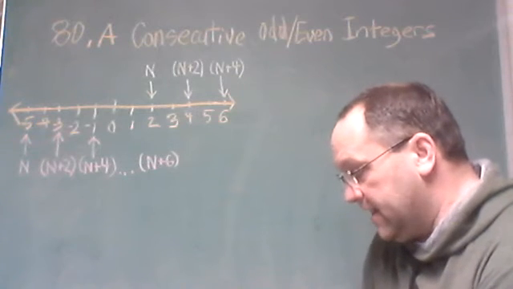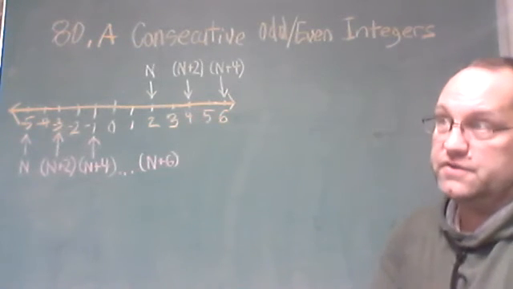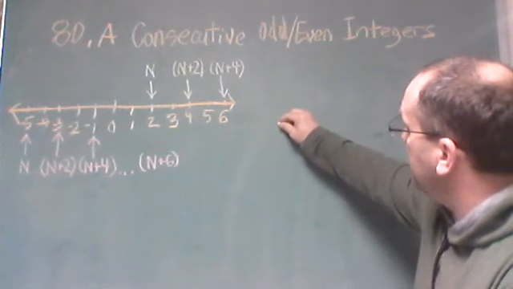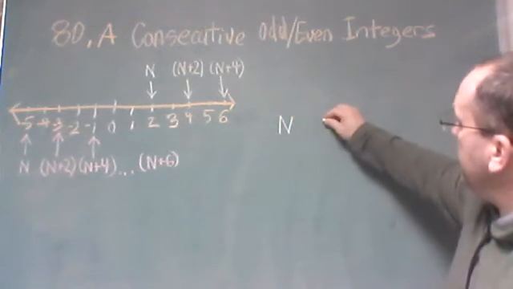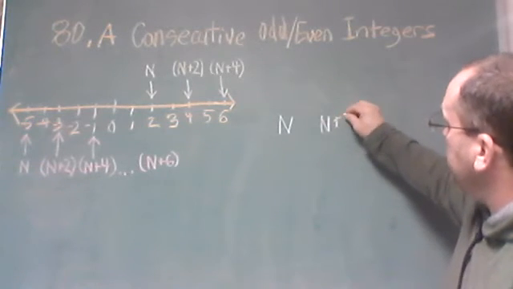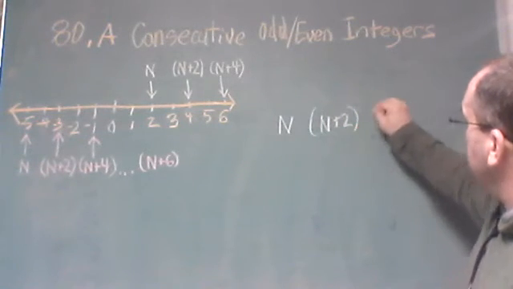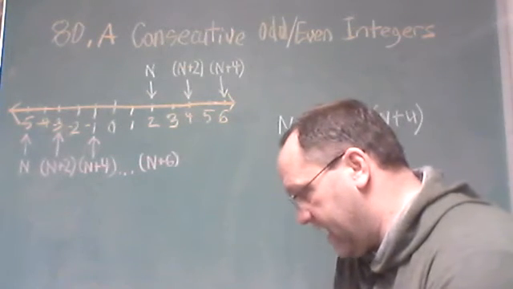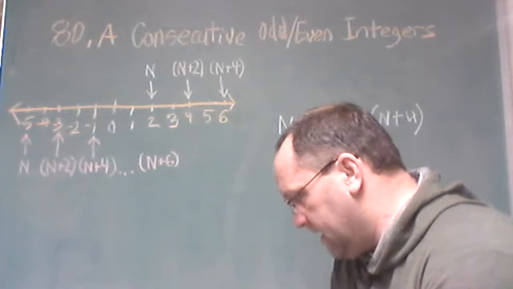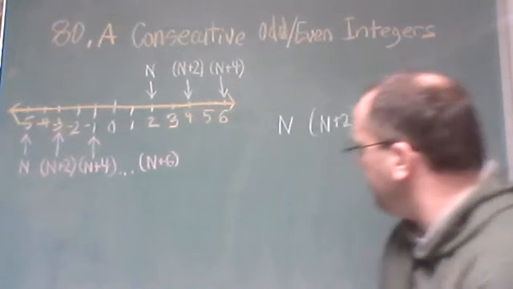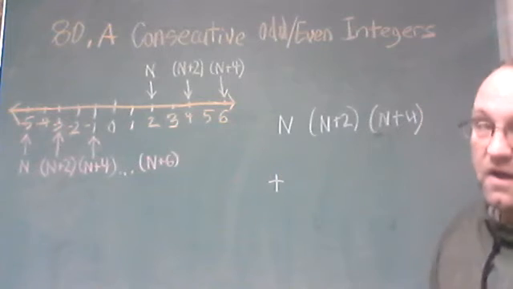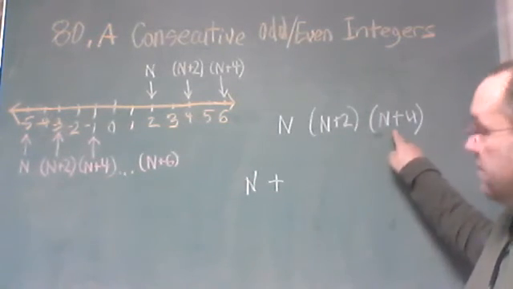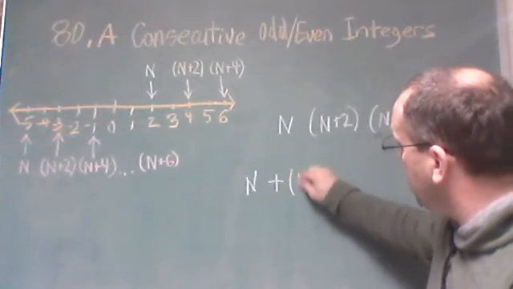Find 3 consecutive odd integers. Okay, there's that small word, that it's the odd integers. We want 3 of them, so our variables are still going to remain n, n plus 2, and n plus 4, such that the sum of the first and the third, okay, we have a sum of the first one, n, plus the third one now, the third one, n plus 4,